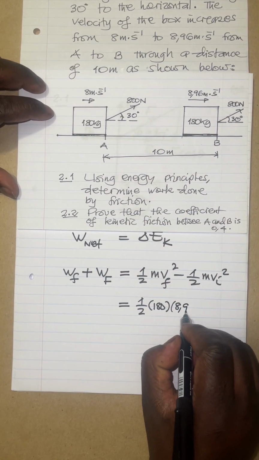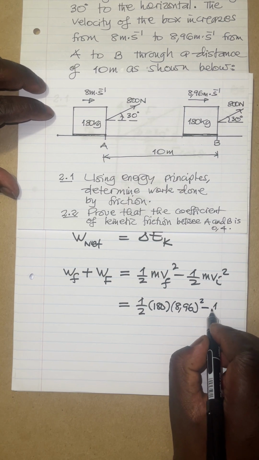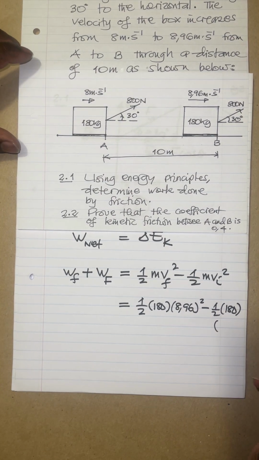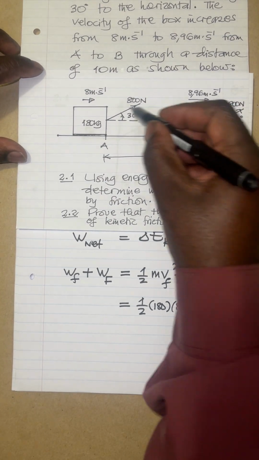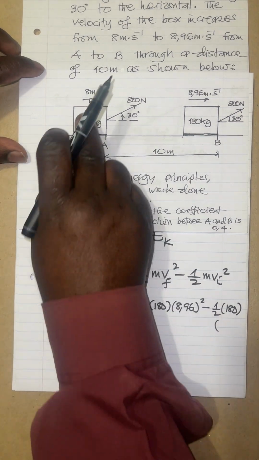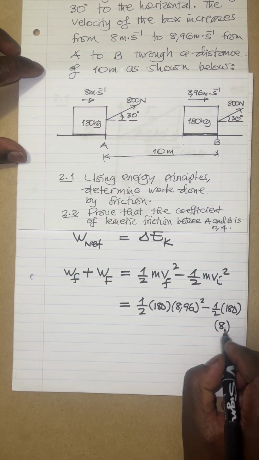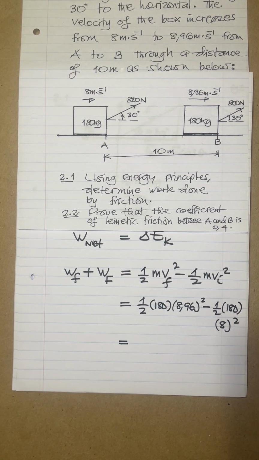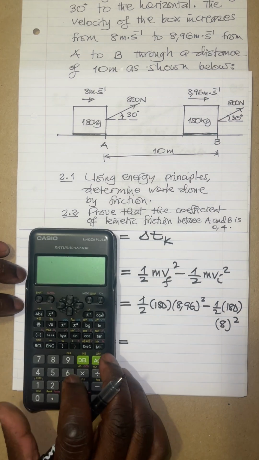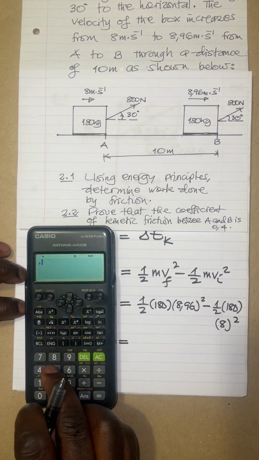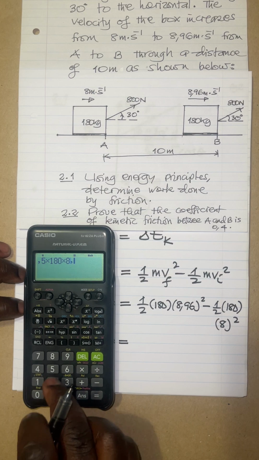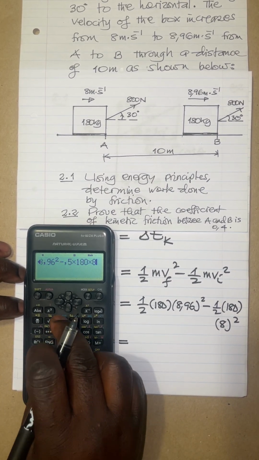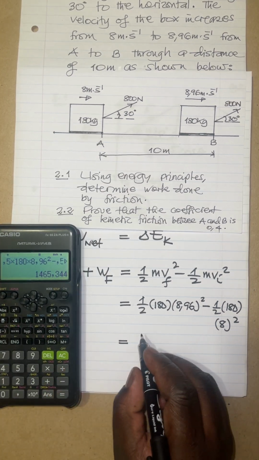So 8,96, we square it, minus half of 180 times the initial velocity. Our initial is 8. That's our initial. They are 8 at A. So we have to say 8 and we have to square this. Let's punch the whole of this into a calculator all at once. We're basically saying 0.5 times 180 times 8,96, we're squaring that, minus 0.5 times 180 times 8, and we're squaring that. The calculator says this is